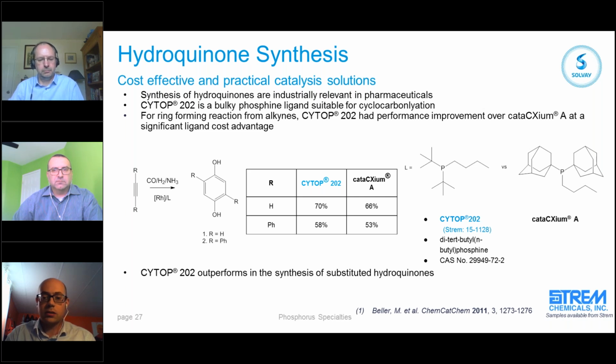We offer a product called Cytop 202, which is a similar molecule. It has the bulky tert-butyl groups on it, and the third substituent is the n-butylphosphine. In certain cases, and this one shows it here, it's as effective or more effective than some of these IP-restrained, we'll call them, or more expensive ligands. So there really are some viable options out there like this that can do ring-forming chemistry and other chemistry that demands these types of ligands, to provide real commercial solutions and a significant advantage, not just in yield, but in cost when we think about it commercially as well.